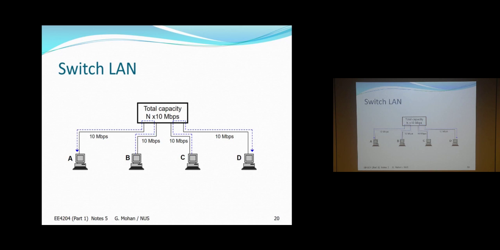It's not a broadcasting device. See here, B is transmitting to A and C is transmitting to D. So both transmissions can take place simultaneously. How? Because this is the switch. This is something like a store and forward